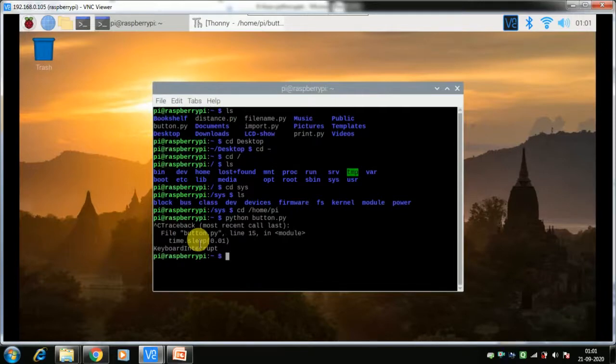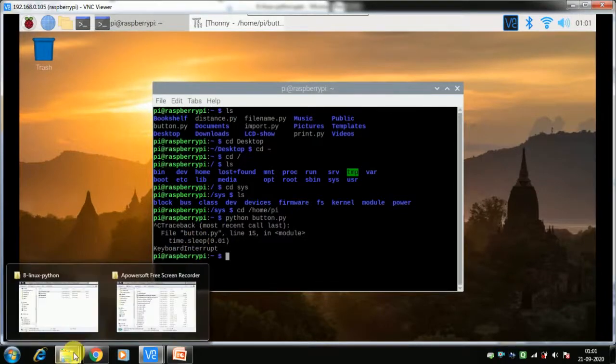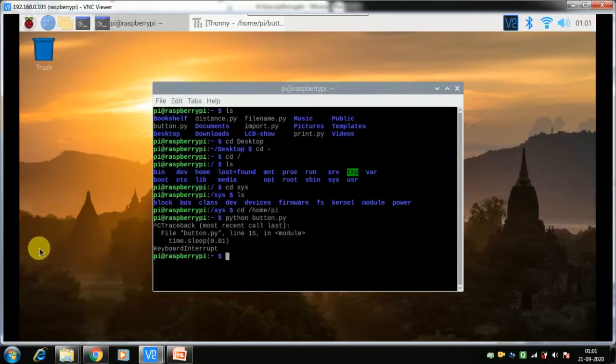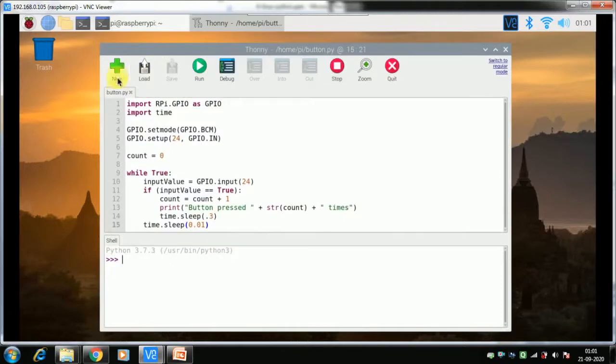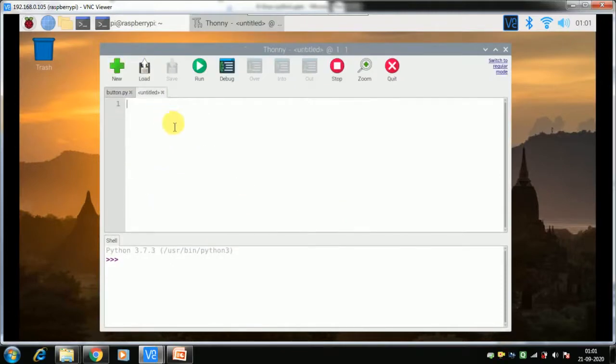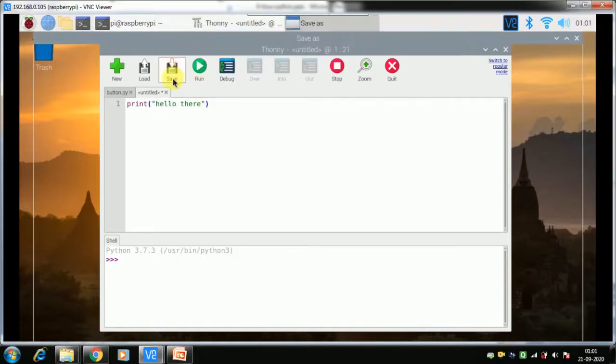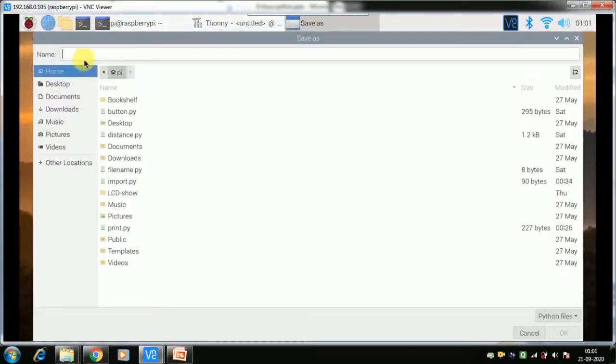Let me check if I have some Python that can be done. Let us open Thonny Python and create a new file. We just print hello there, and we save it in the Pi folder, home/pi.